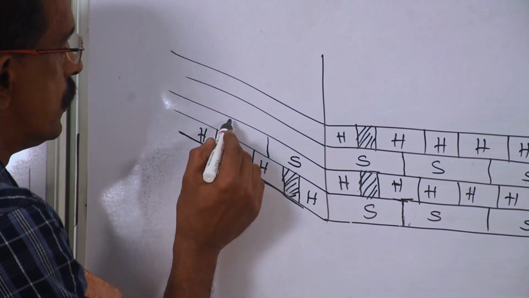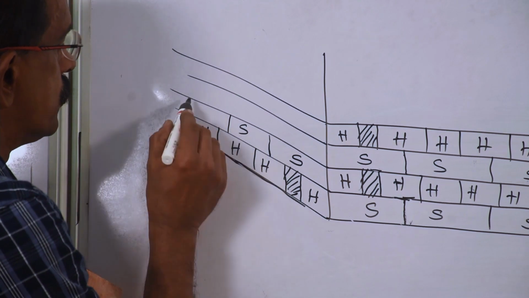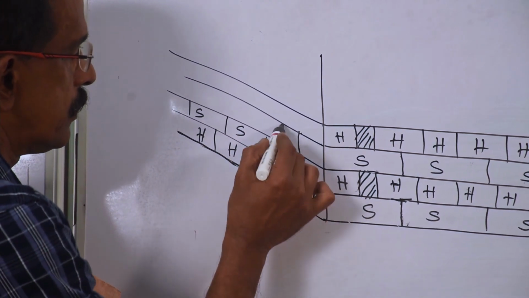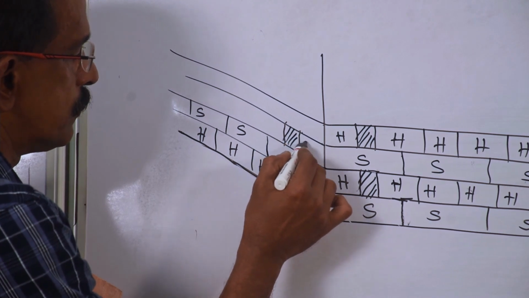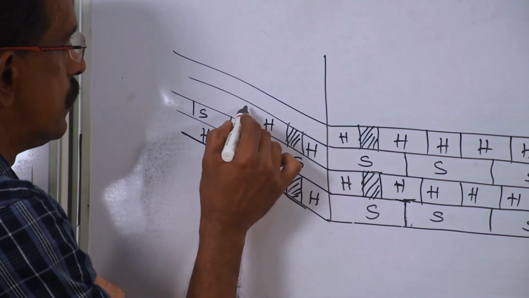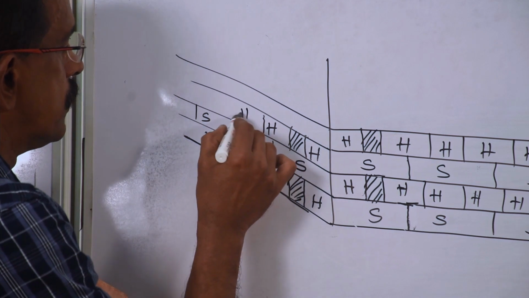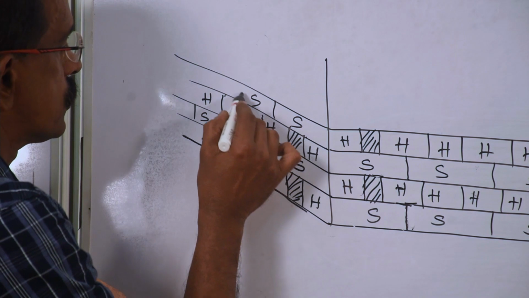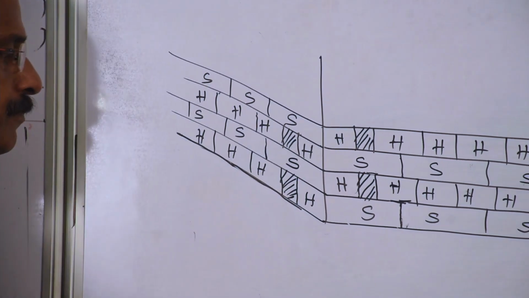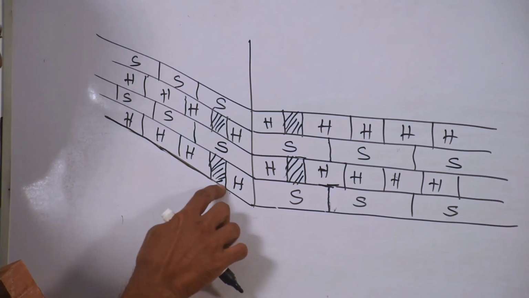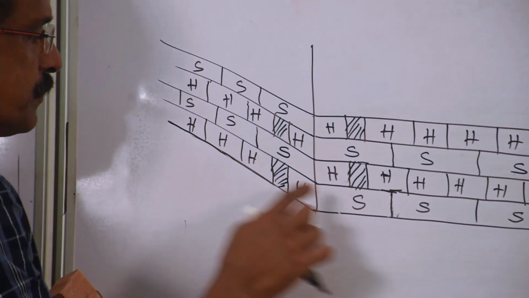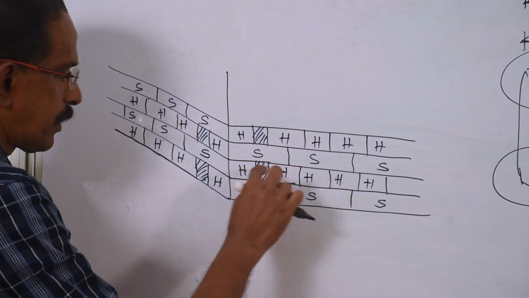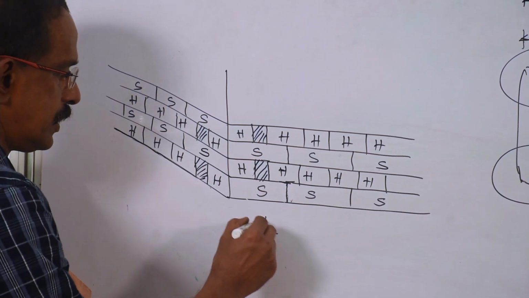Okay, here stretcher, stretcher, same thing will repeat here. Third layer, repetition of the first layer. Header, header, header. Here stretcher, stretcher, stretcher. So clear? So here you can see one layer, one closer is enough. First layer closer is coming here. Second layer closer is coming here. So this is English bond.